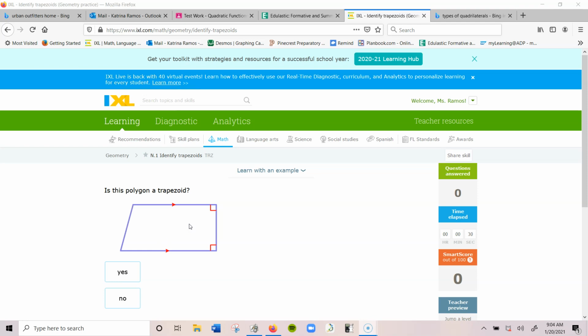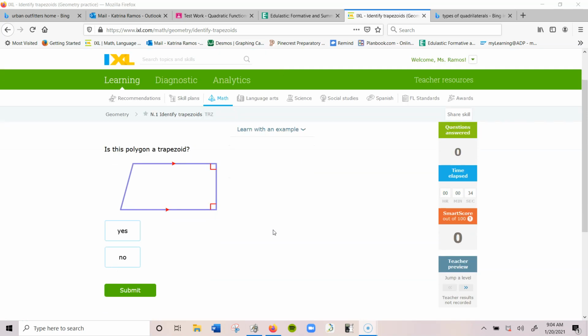Hey Amanda, so I'm going to go through each of these IXLs into a score of 70 so that you can understand all the different levels and exactly what this IXL is looking for. So I'm starting off here with N1, and N1 is just basically identifying whether the polygon that's given to you